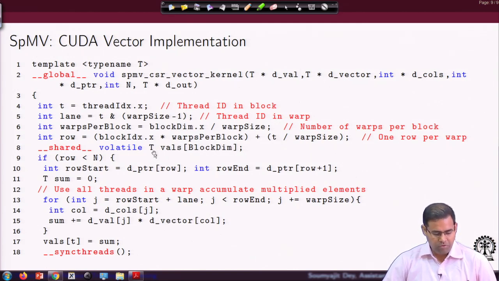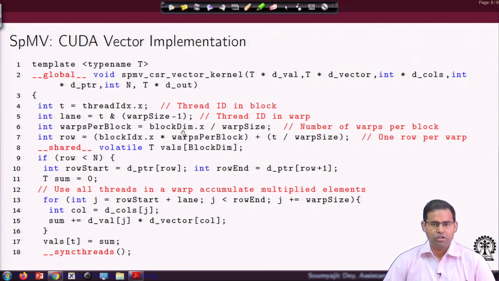And of course, for each block you have got this shared tile T, which will be there for this block dimension. The next point that comes is, well, I am going to load the data from the row, right. So, for that every thread will load the corresponding data as long as this row is less than n. So, what you get is with this row value you figure out the position to start from dptr row, and then from dptr row plus 1 you know the position to end, right. I hope this is clear.